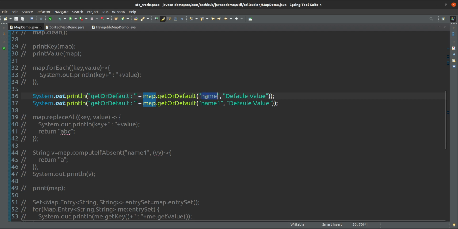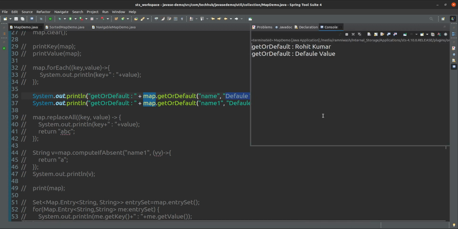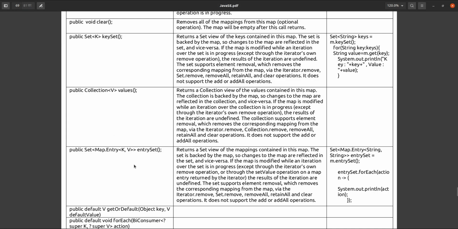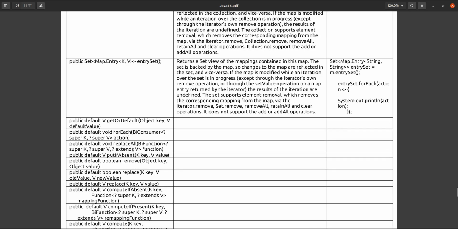If this key is not available in that map, then it will return this default value. See, first time the name key is available. So what is the value for that key? Rohit Kumar. But name1, this key is not present. In that case, the default value will come. This is the meaning of getOrDefault.